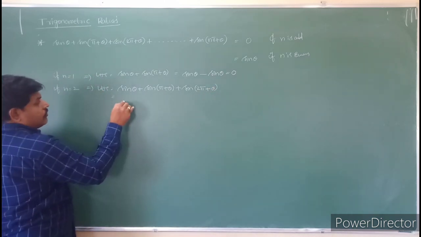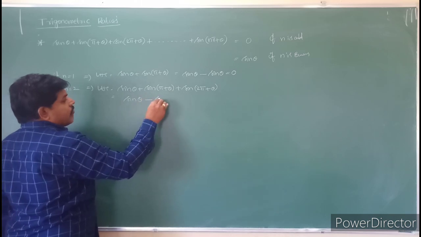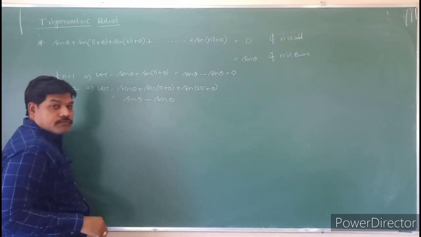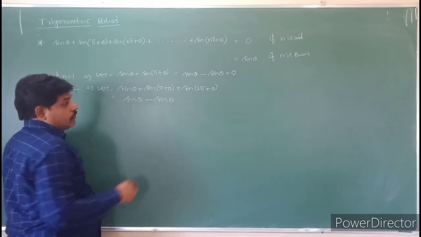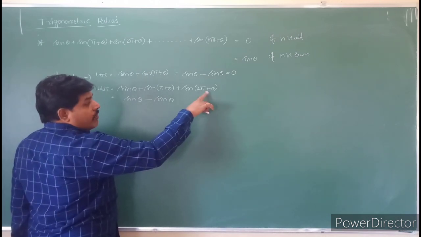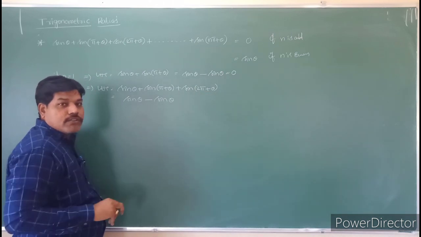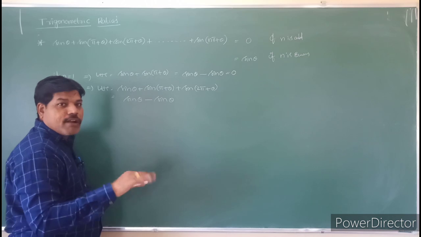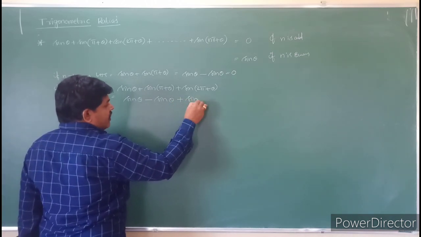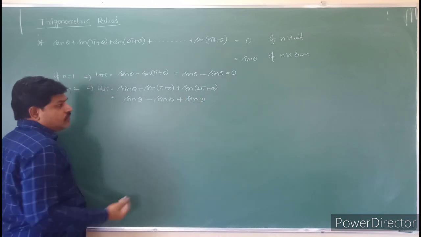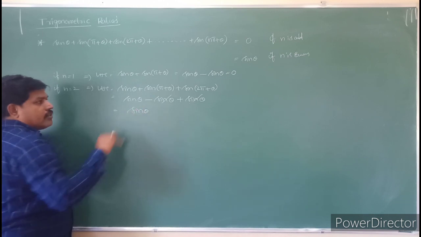So that is equal to sin theta, and sin 180 plus theta is minus sin theta. 180 plus is the third quadrant, and in the third quadrant sin is negative. Sin 2 pi plus theta, 2 pi plus meaning one rotation is over, so it will come into the first quadrant. In the first quadrant all trigonometric functions are positive. So plus sin theta. So minus sin theta plus sin theta will be cancelled. It will become sin theta.